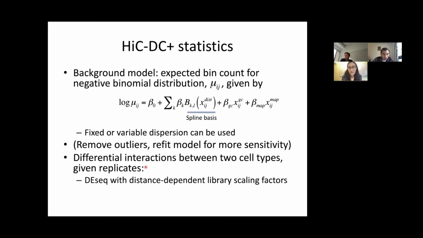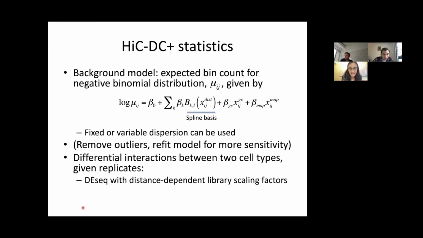And then there's also just a trick to, if you have Hi-C in one condition and another condition, and you have replicates, you can correctly do differential interactions just by using distance-dependent scaling factors. Okay, so if you're familiar with the statistical analysis of read count data, that made sense, otherwise maybe not, but